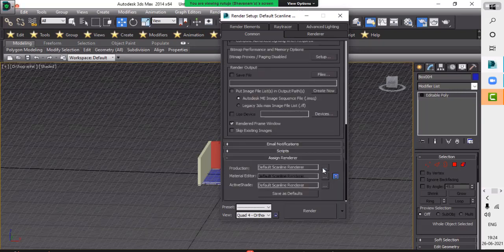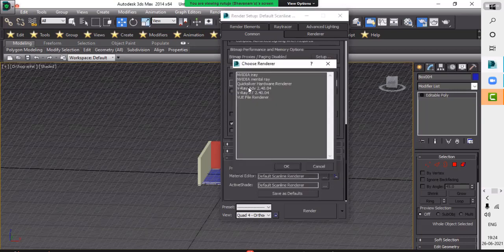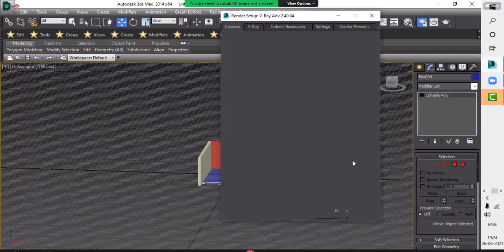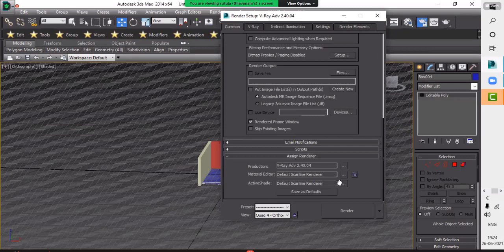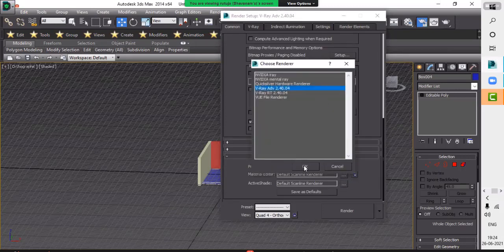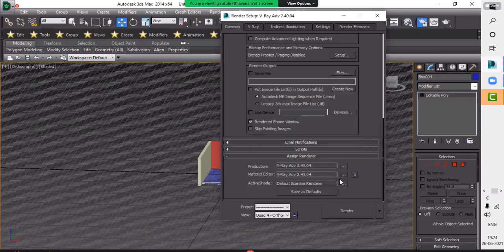Just unlock it and assign the renderer, which is V-Ray Advanced. The screen will change here. The second one you can also change to V-Ray Advanced. Then lock it and go back.